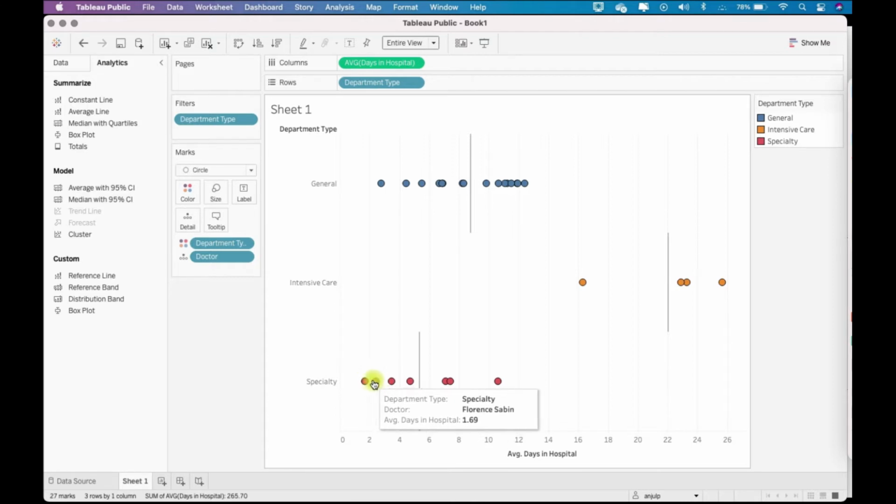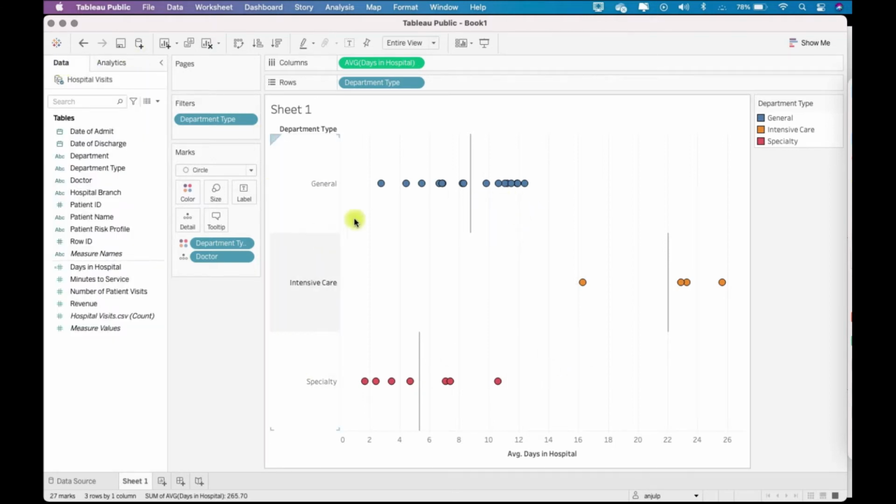Likewise, we are comparing the days in hospital of patients for each of the doctors by department type. So this is a beautiful graph giving you the picture of the average number of days in hospital for the patients of each of the doctors within the different department types. So this is the distribution.